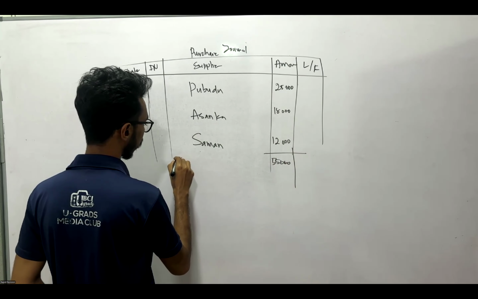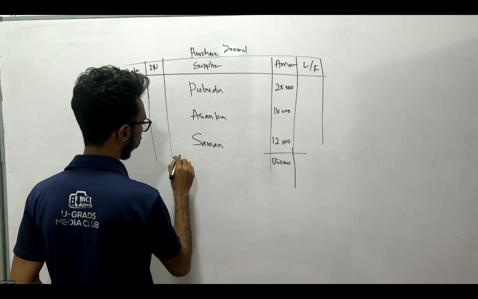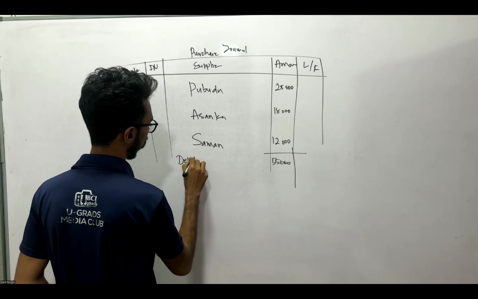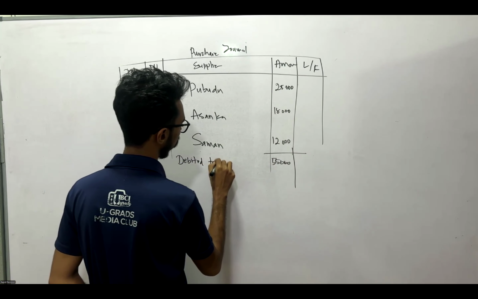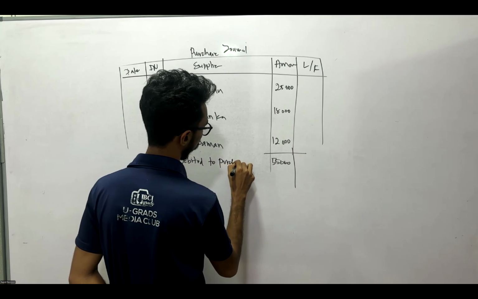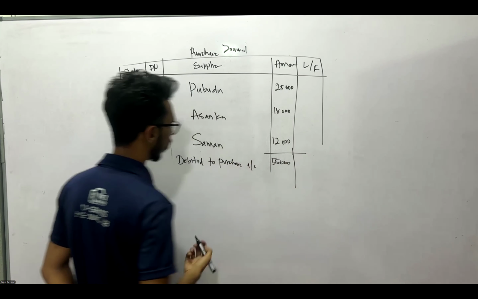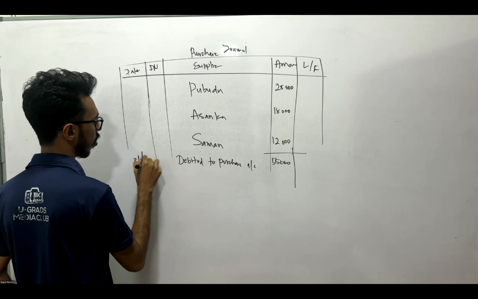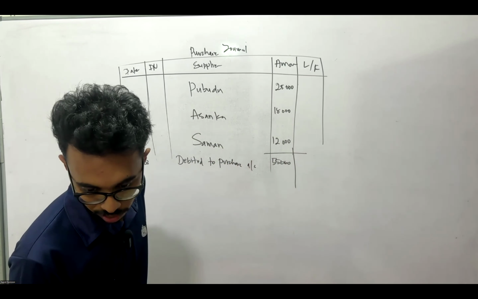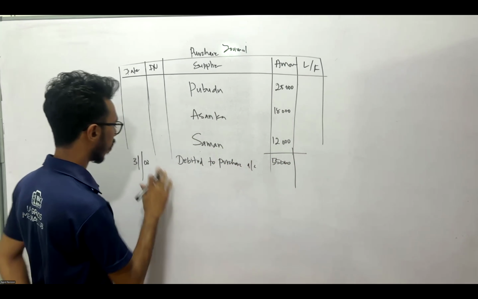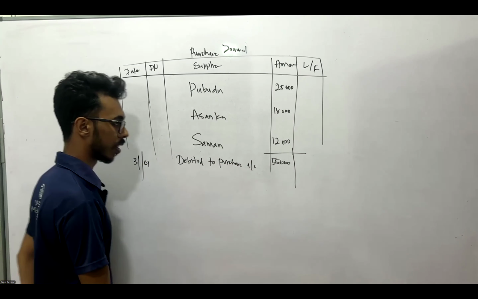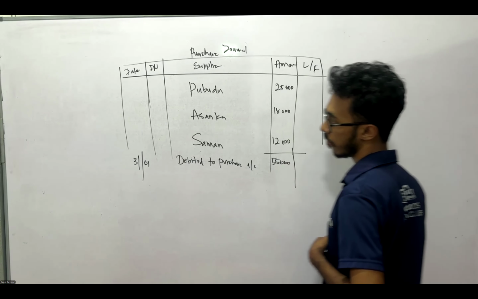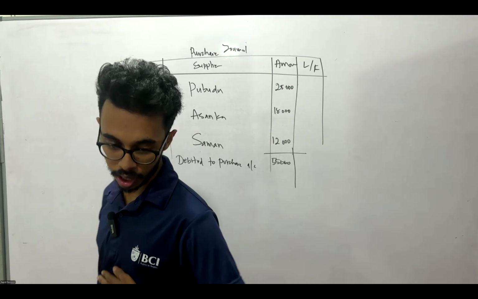You have to debit it to the purchase account, right? Put the date, right? As at 31st January, it is debited to the purchase account as 55,000. Okay. And then